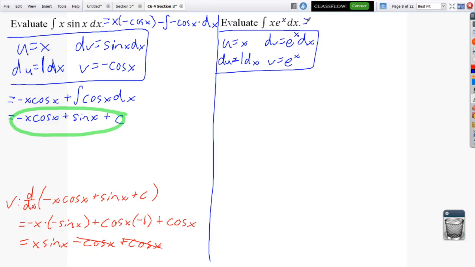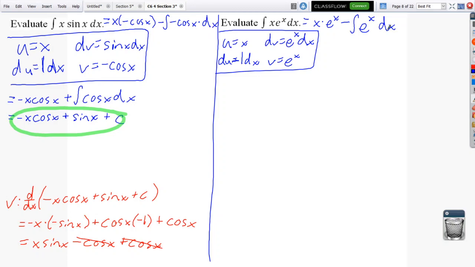We now fill out the formula. By the way, I like this exact ordering where I put u, dv, and then immediately under there, I put du and v, because now uv is this little diagonal right here, and then v du is just the bottom row. It makes it easy for me to physically see where all this stuff is so that I don't necessarily have to remember that formula. So I've got u times v minus the integral of v du, e to the x